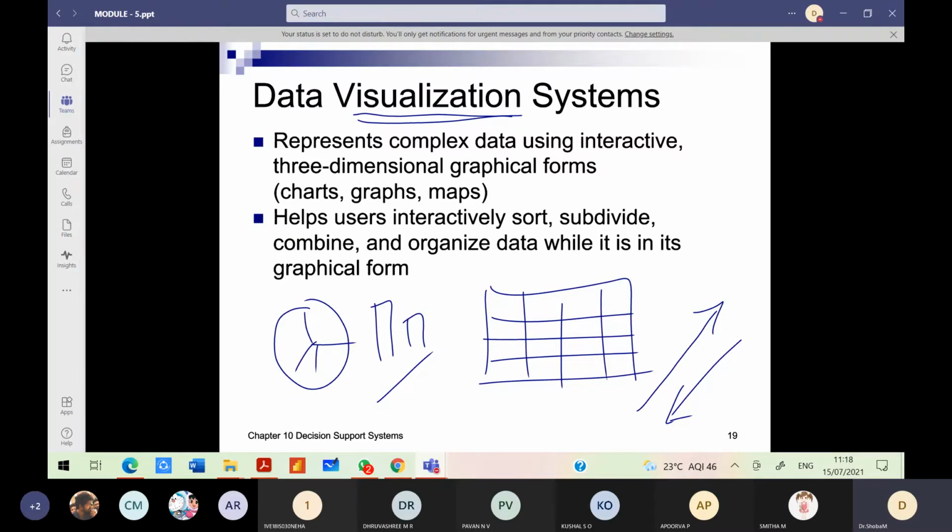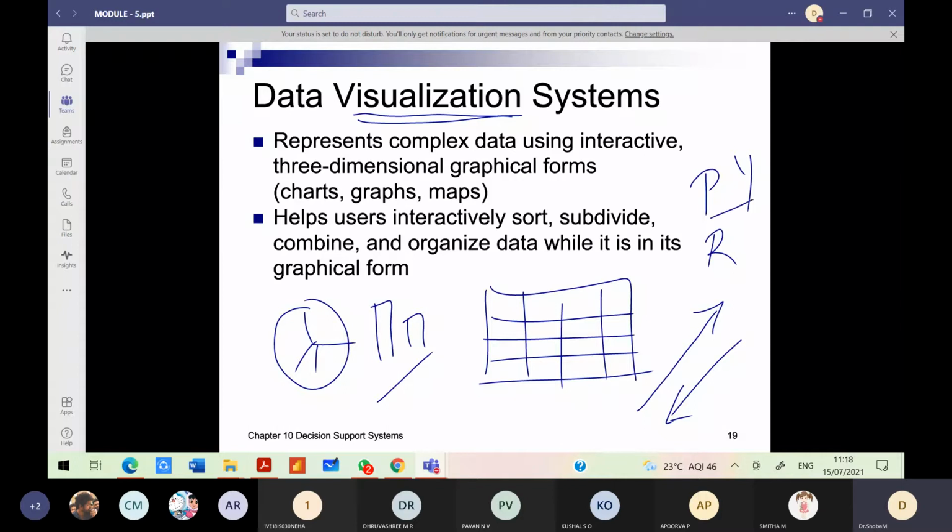Those can be used to represent the data in the form of very good visualization. And some tools even integrate with Python IDE or R language IDE, so that you can get the statistical values for the data as well.